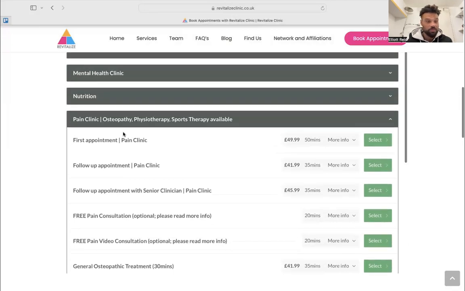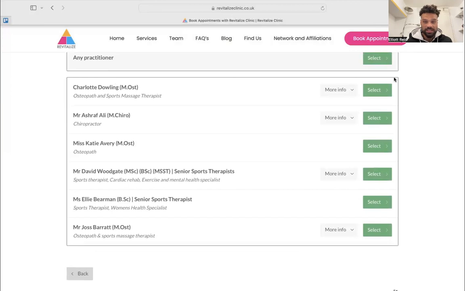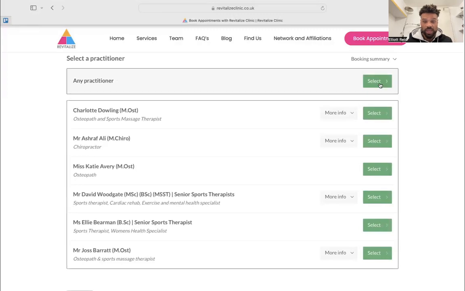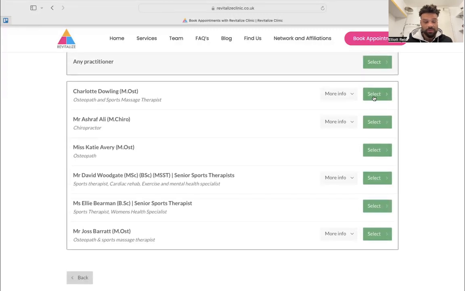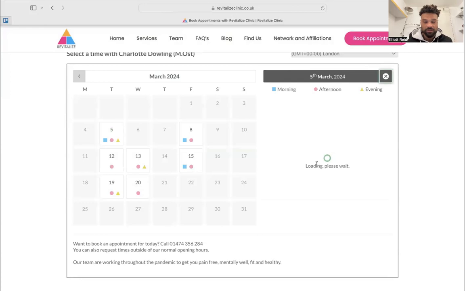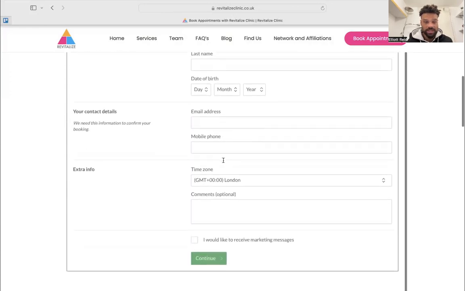That will be with appointments, for example, first pain appointment. Here, you could select and book in the practitioner that you want to see, or if you're not too fussed about who you see, you can just book under any practitioner. Say if I wanted to book in with Charlotte, Charlotte's calendar will then be presented to me. And then from here, I can just select the time which is convenient for me, input my details, and the